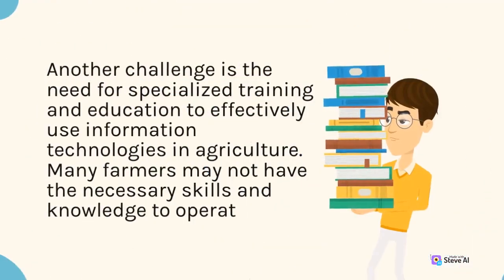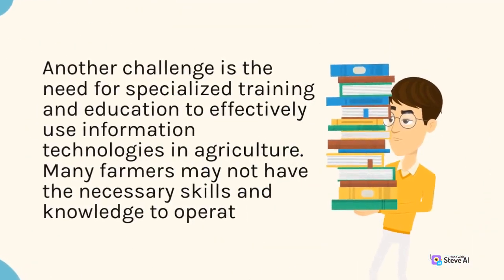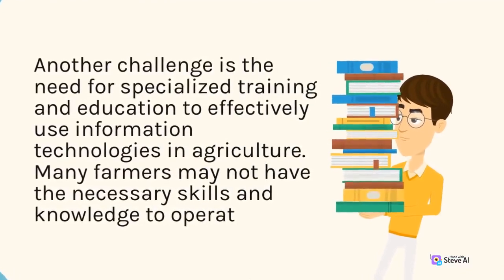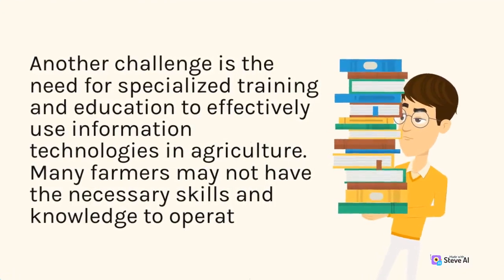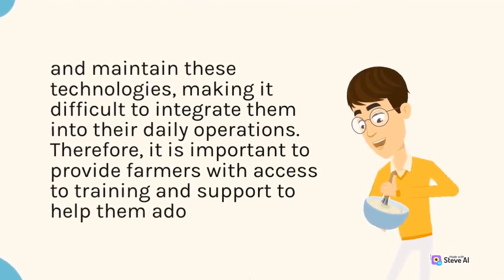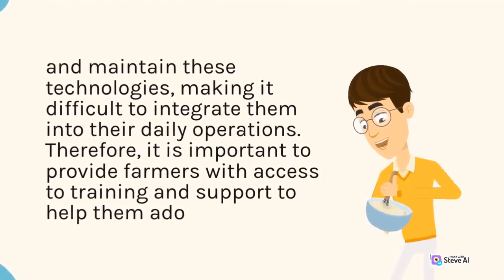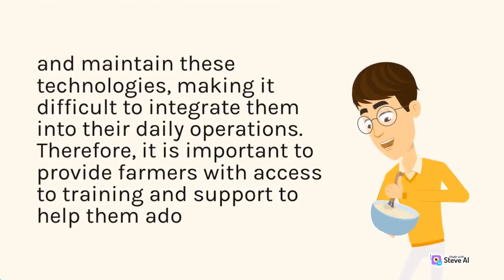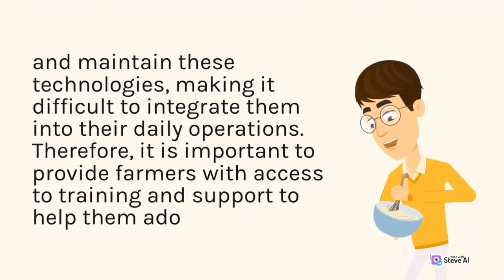Another challenge is the need for specialized training and education to effectively use information technologies in agriculture. Many farmers may not have the necessary skills and knowledge to operate and maintain these technologies, making it difficult to integrate them into their daily operations. Therefore, it is important to provide farmers with access to training and support to help them adapt